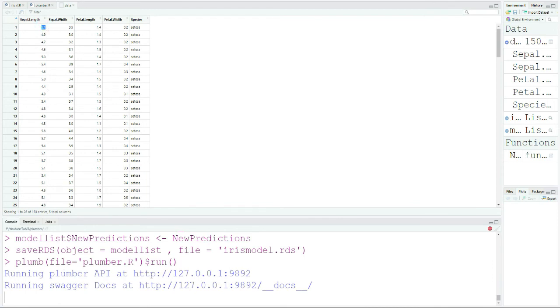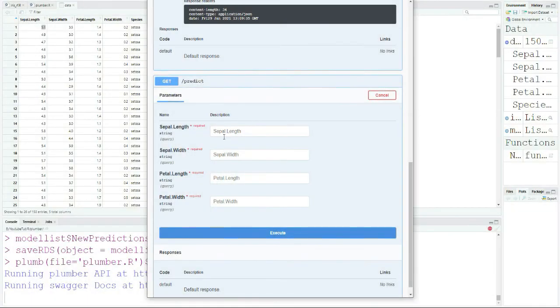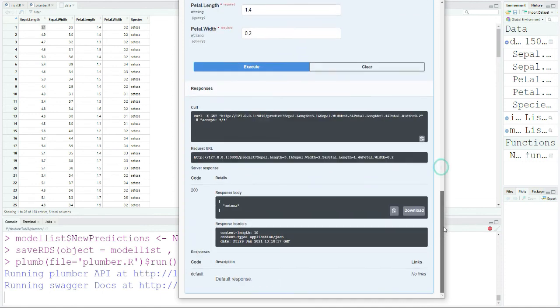The input parameters are 5.1, 3.5, 1.4 and 0.2.